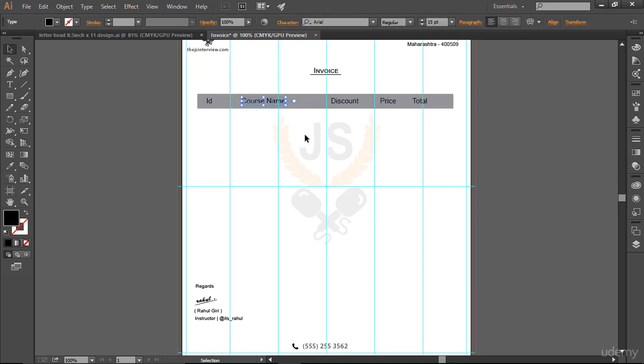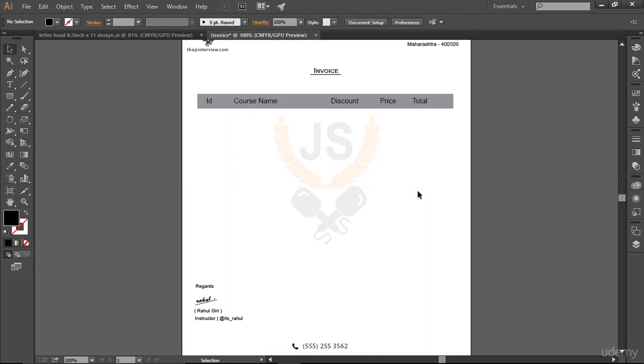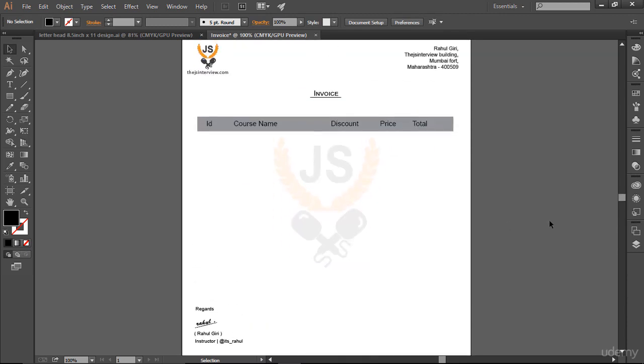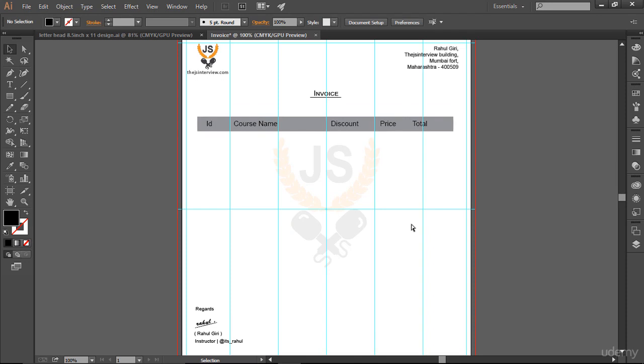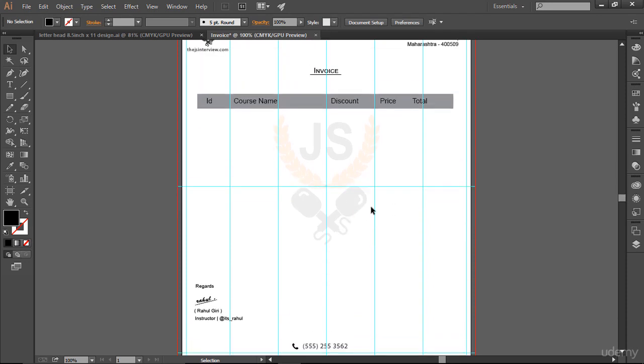Let me just go to here, and let me just align it properly. Here we go, great. Now let me just hide my guide. See, yeah, it's looking great here, perfect, cool. So now let me just bring my guide back once again, and now what I can do basically here is